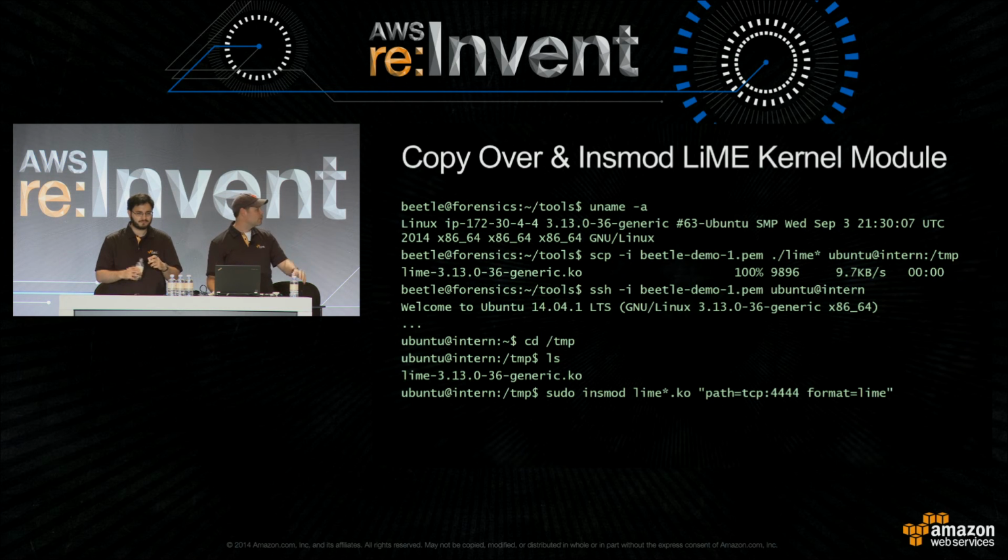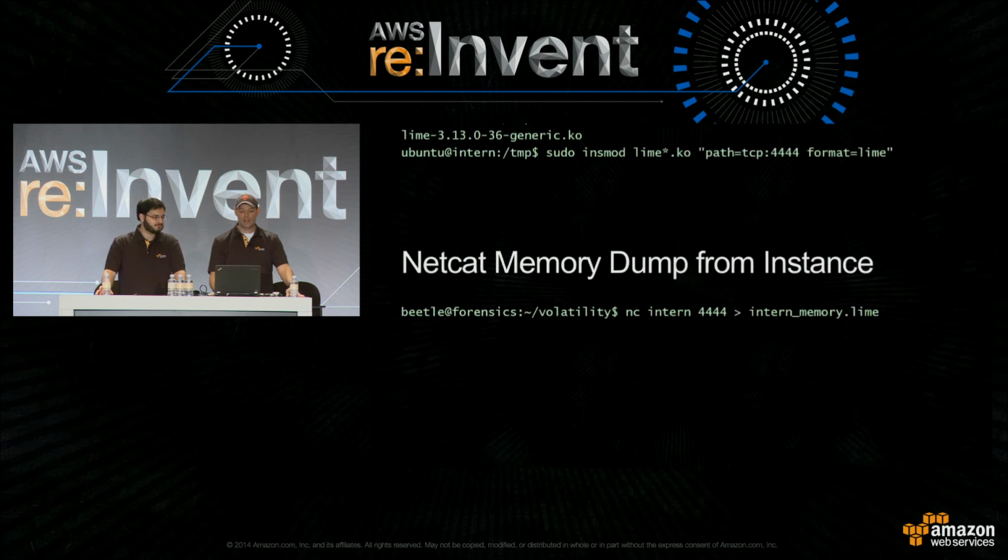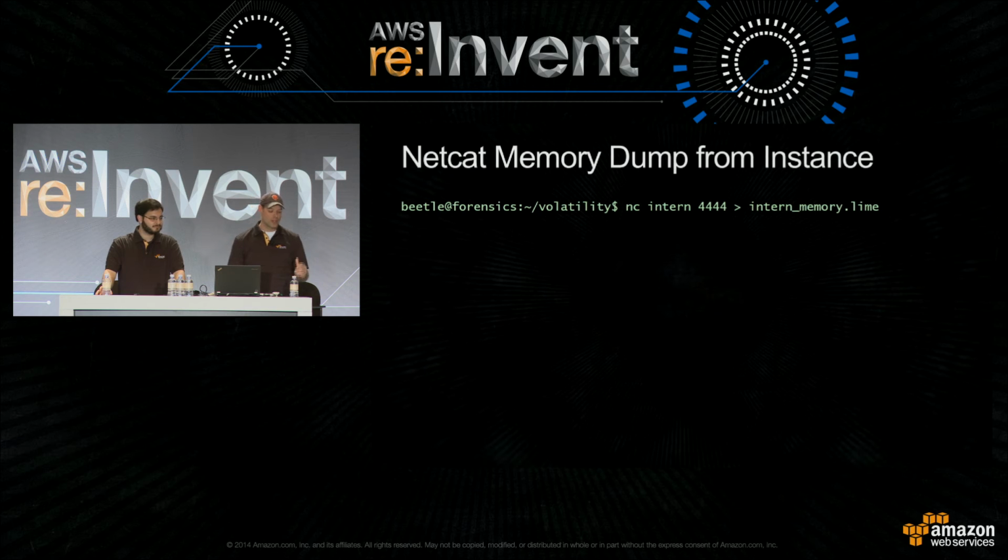LiME, if you're not familiar with it, is a very simple mechanism for basically loading a kernel module and dumping memory, whether it's to a file or actually over a network. So we insmod that. We've got it streaming memory on port 444. We're going to use a very complex but tried and trusted mechanism called netcat to pull our memory over to the forensics instance. So we'll netcat to the intern, and we'll stream the memory straight over to a local file on the forensics instance.